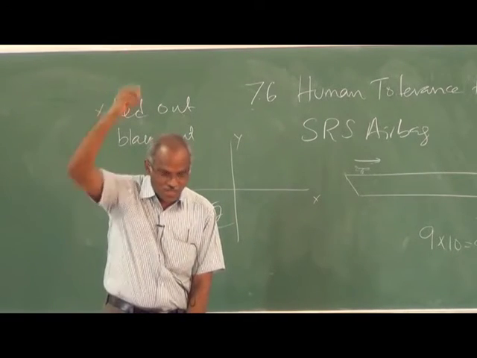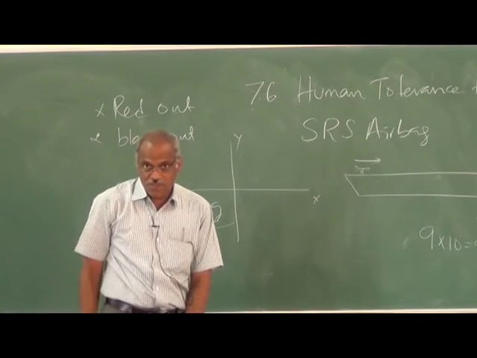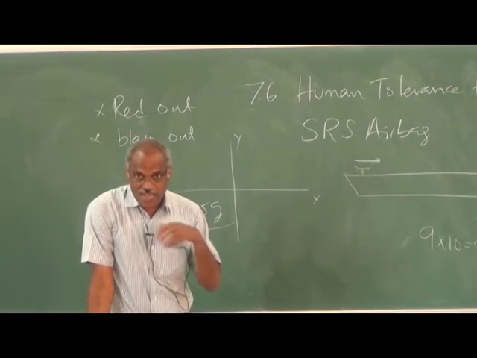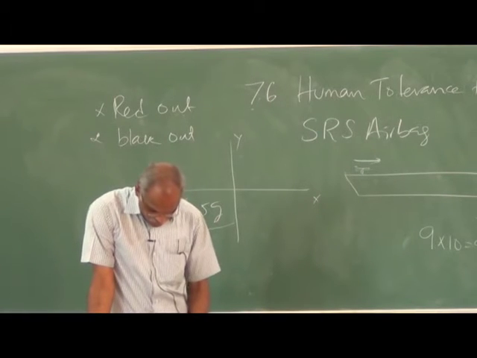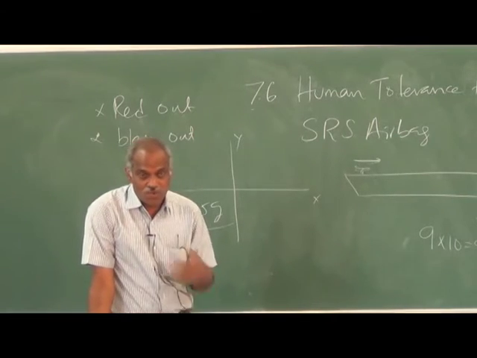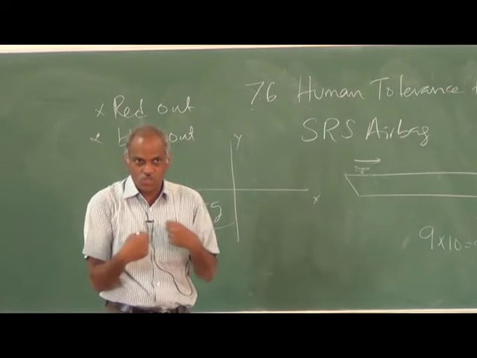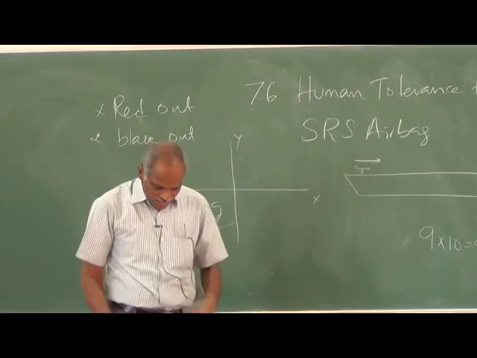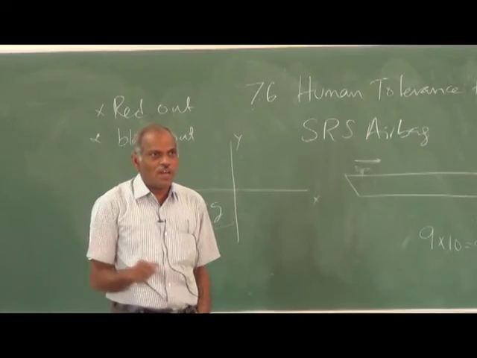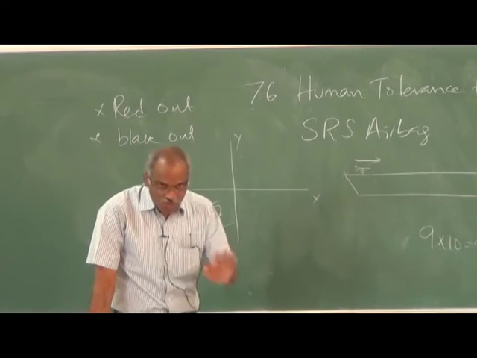NASA space shuttle, when they launch, take off, it is 4 G. Obviously it is not meant for killing a person. Top fuel dragster, there is a race called dragster, it is 4.5 G. Military jet pilot, it is about 9 G, but not with the normal dress. There is a special G suit given, a kind of jacket. When they are wearing that, then they are permitted to go up to 9 G. But let us not talk about all these things. What are the normal things?